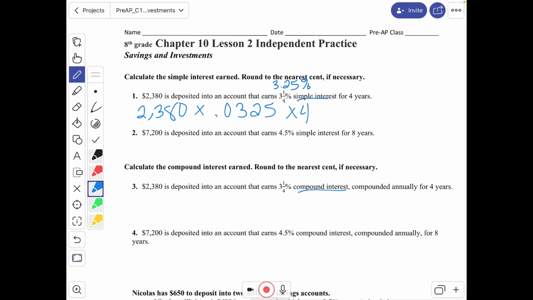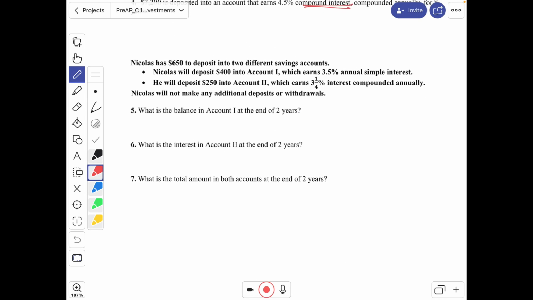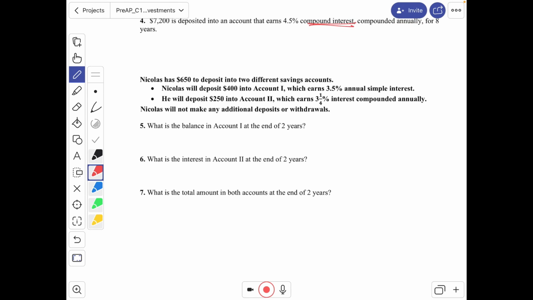So 1 and 2 are both simple interest, and then 3 and 4 are both compound interest. And then you have a couple of examples down at the bottom to see how much Nicholas has in each of his